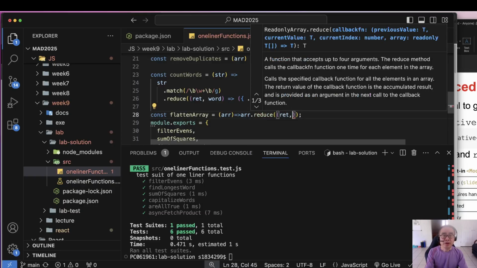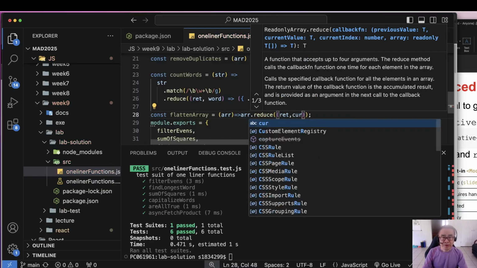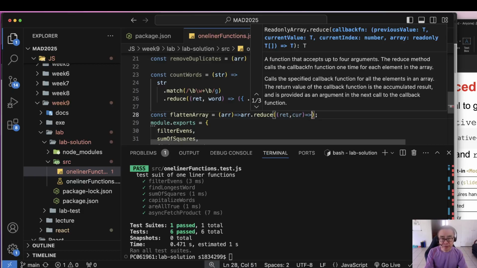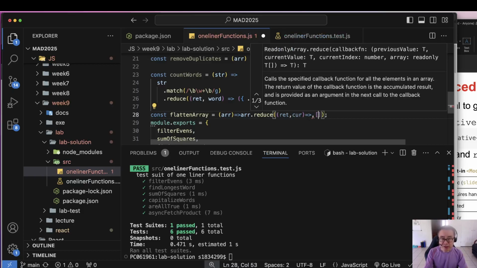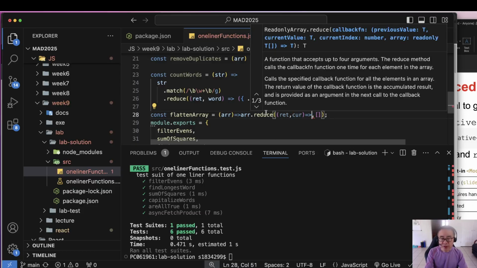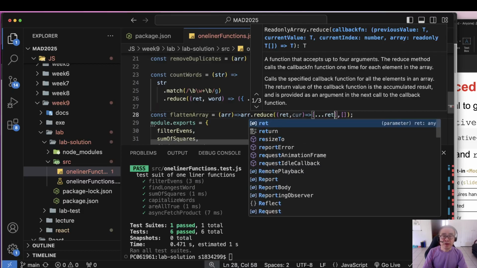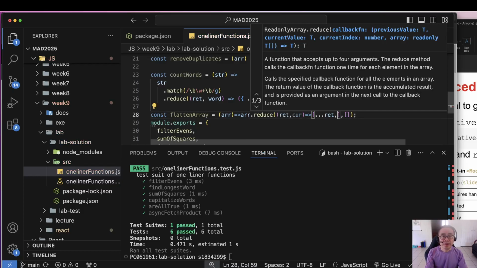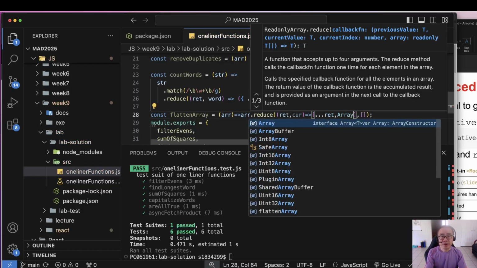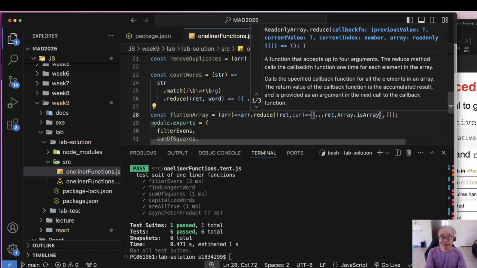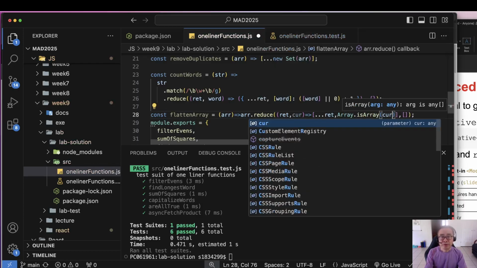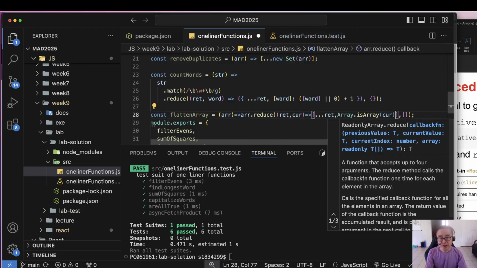Return the current one, and also we need the initial value, an empty array, right? So the return, we check if the current one is an array or not. We use Array.isArray on the current one. If it is an array,